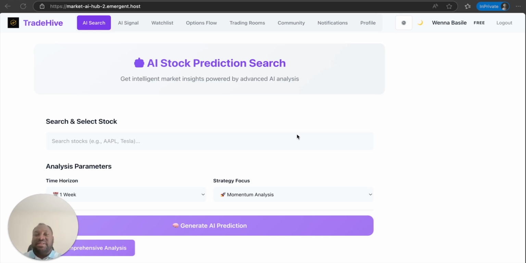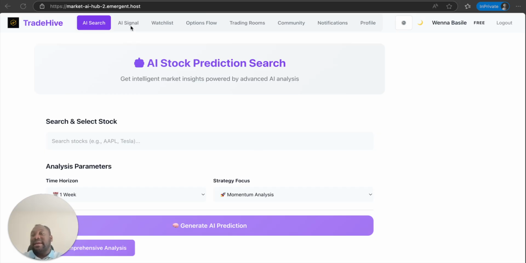This application takes anything that is predictable from a stock standpoint, from a company that is publicly trading, which is called a stock. You can search for any stock and it gives you an overview of that stock, the confidence level of how you can enter buying or selling that stock, and all the signals possible. I'll walk you through that.